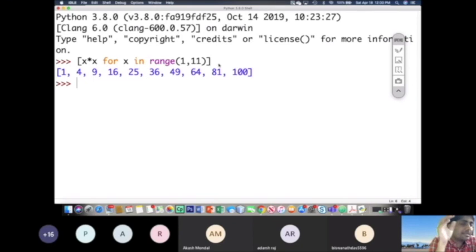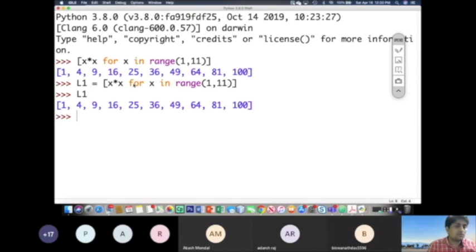If you want to keep this list in another variable, you can do so. Take L1 is equal to, and write this. Take the same thing from here and put it here, and then you print L1. It will show you the same list values. All the list values will be the same. Okay, so this is how it goes on. So you can have a list like this, squares of a comprehended list between 1 to 11. So I hope this is clear to all of you, list comprehension.